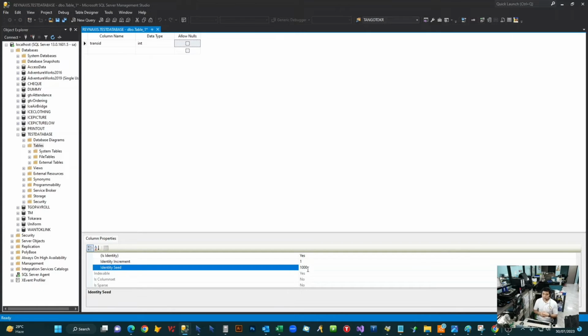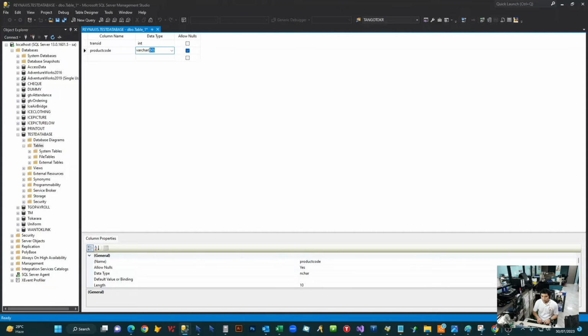So every time we insert an item to this, the new row will have a new ID. The next thing that we need to create is the product code, which will be varchar 10, and it will be allowing nulls. The next is the product description, and we're just gonna put varchar 40 for that. The next is the date of sales, which is just a datetime field,